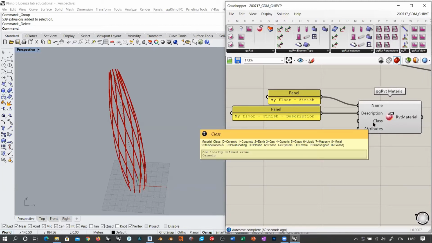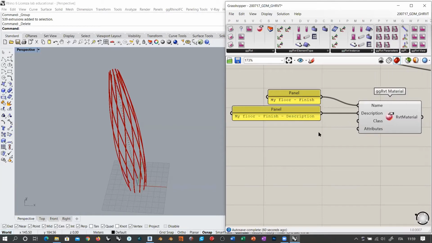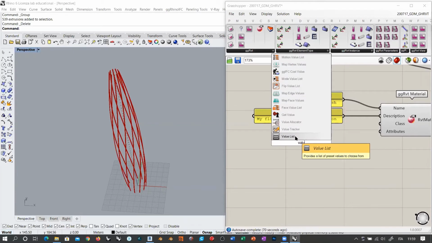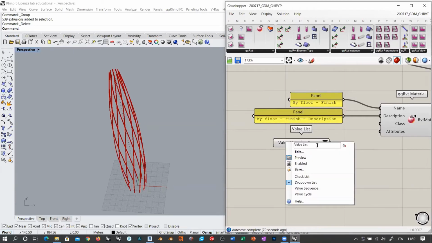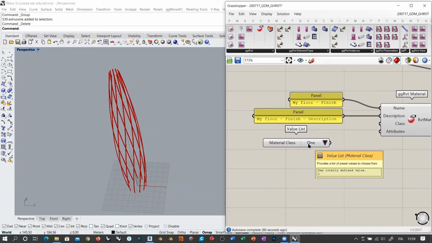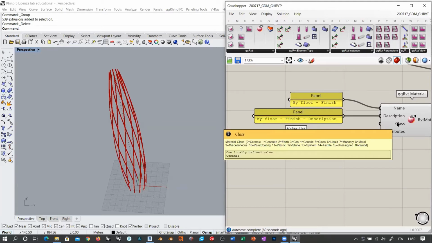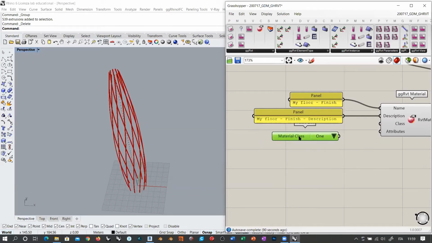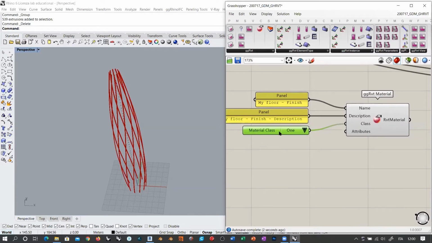I remember that you can do this by right-clicking, but if you are going to create your own template for creating an interoperability workflow from Grasshopper to Revit, I do recommend that you implement a value list component, and name it material class. Inside you will define exactly this type of thing: ceramic equals 0, concrete equals 1, earth equals 2, and so on. So you will have this already plugged inside your component,